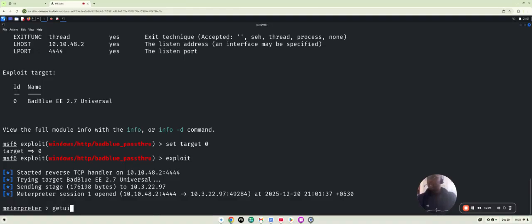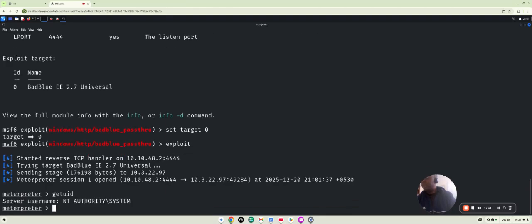First I want to see who I'm logged in as and what my level of permissions may be. So I have full system authority, which is great. That lets me know I can pretty much run any command I want on this system without much restriction. Then I'm going to do sysinfo to see